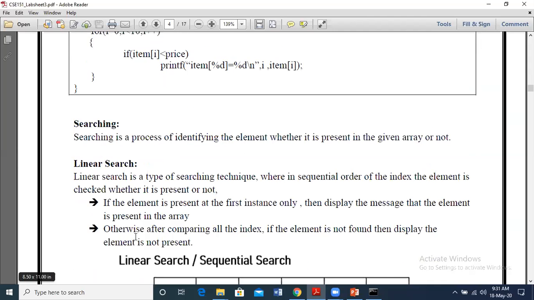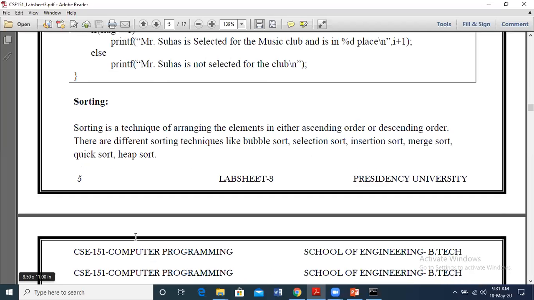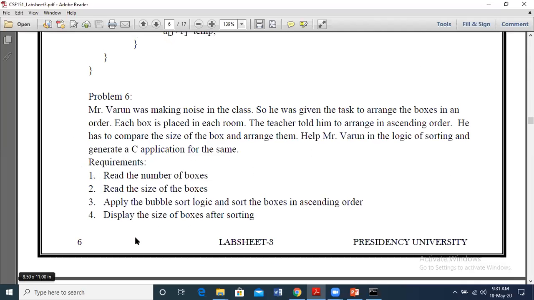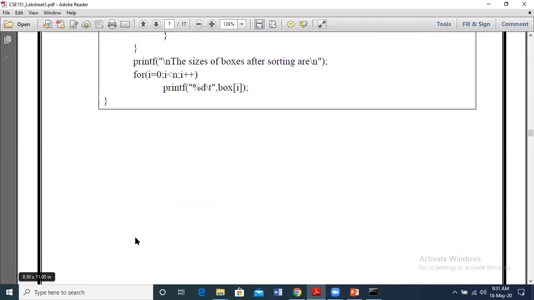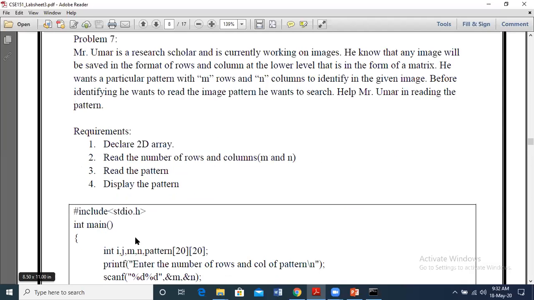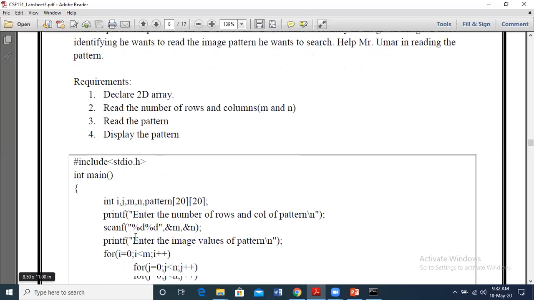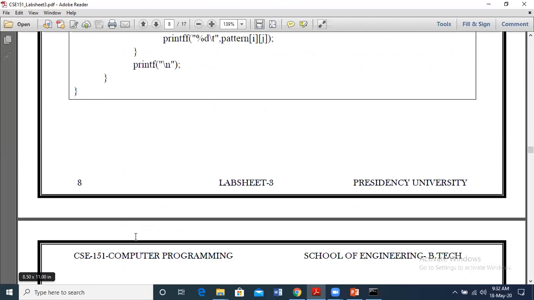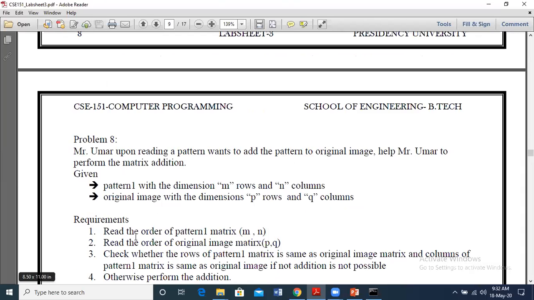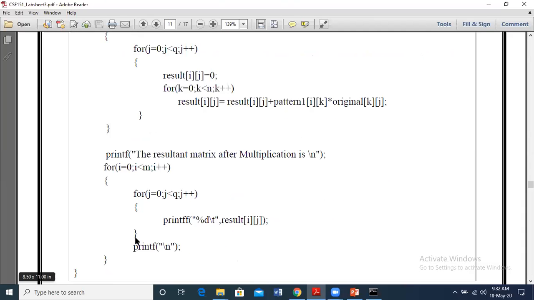And then we have seen the basic searching and sorting techniques, linear search and bubble sort. And then we have also seen the real time scenarios. So this is the beginning of lab sheet 3, right? And then we have discussed two-dimensional array. What is the two-dimensional array, the basic concepts, definition, and then we have seen how it is represented, how to take input and output for the two-dimensional array or a matrix. And then we have seen matrix addition and matrix multiplication as well, right? So that is the first part.